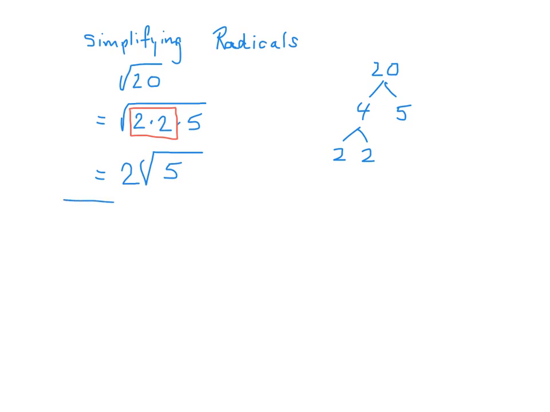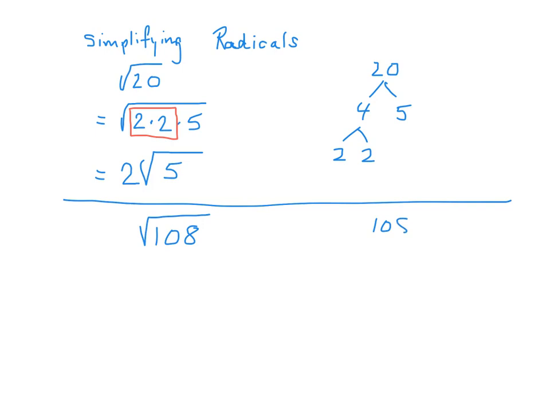Now let's do another example. Let's do the square root of something a little bigger. How about 108? So again, I'm going to break that down using what's sometimes called a factor tree over here. You can break it down different ways, but somehow we need to break down 108 into smaller pieces, smaller factors. So 108, I know, is 4 times